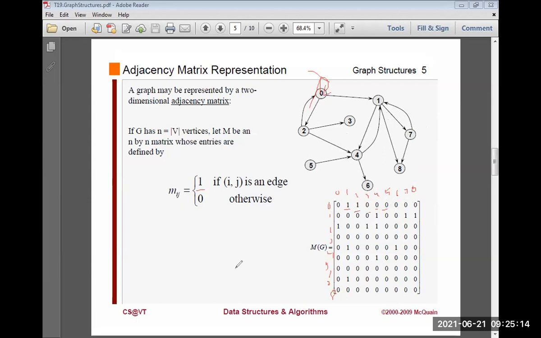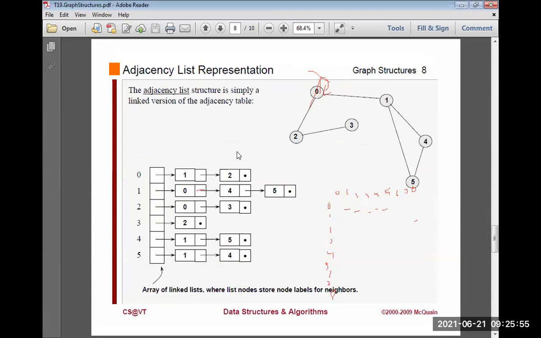So this is the representation of a graph in an adjacency matrix. Consider 1. 1 to 0, is there any path? No, 0. 1 to 1 there is no self path, 0. And 1 to 2 also no path, 1 to 3 also no path. And 1 to 4 there is a path. And 1 to 5 there is no path. 1 to 6 there is no path. 1 to 7 there is a path, and 1 to 8 there is a path. So in this way, you represent the adjacency matrix.